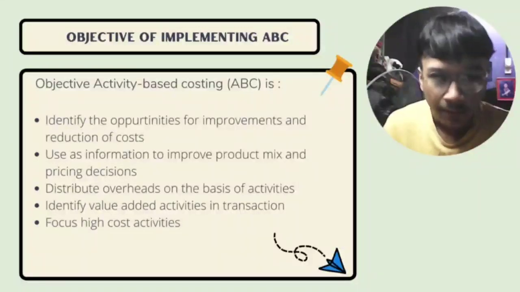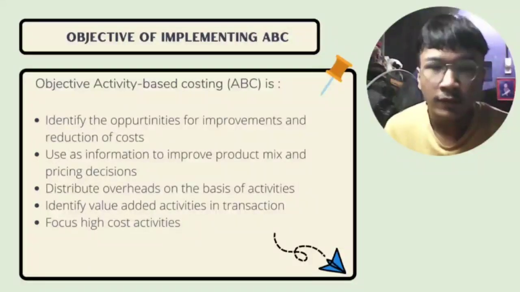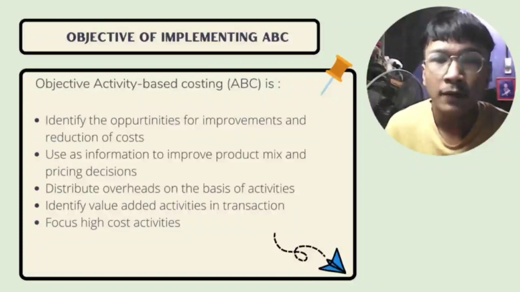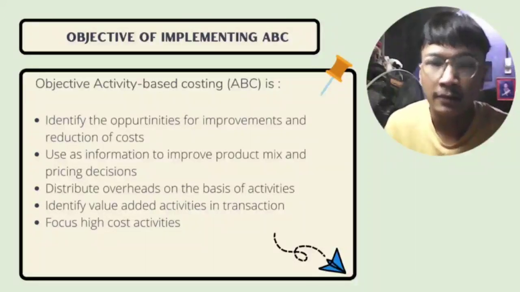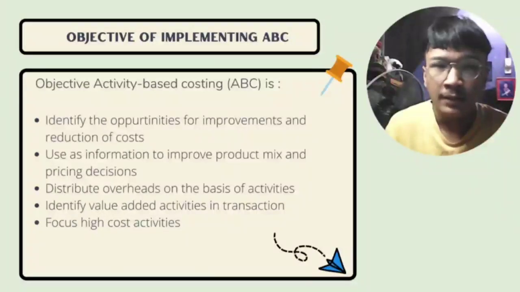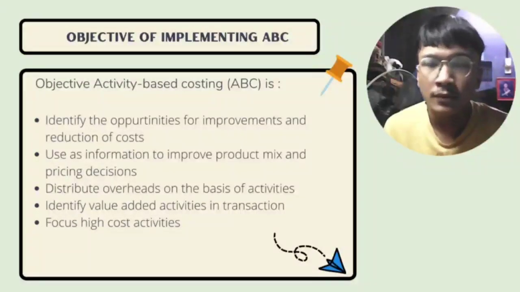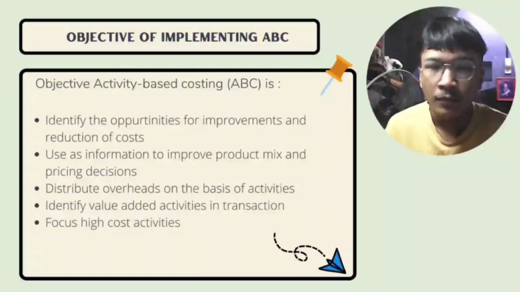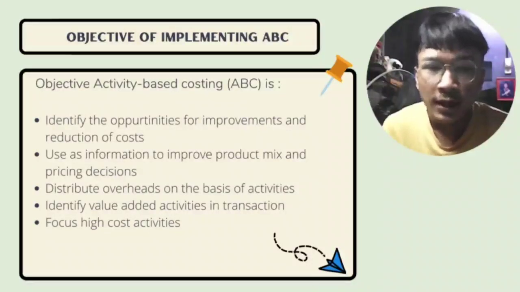At the same time, it also helps to distribute overheads on the basis of activities and identify value-added activities in transition. And last but not least, implementing activity-based costing also helps a specific department to focus on high